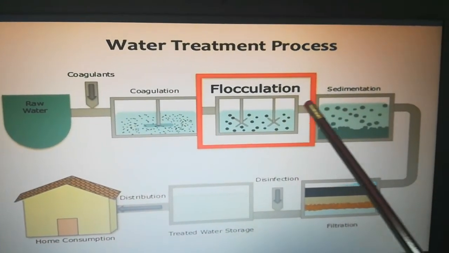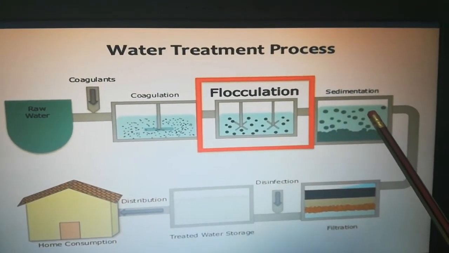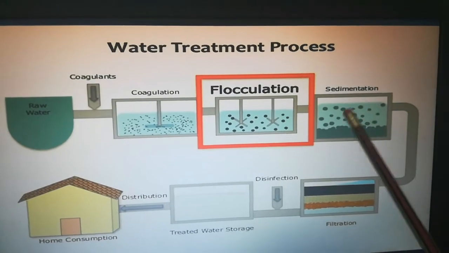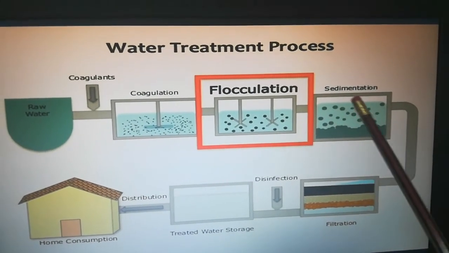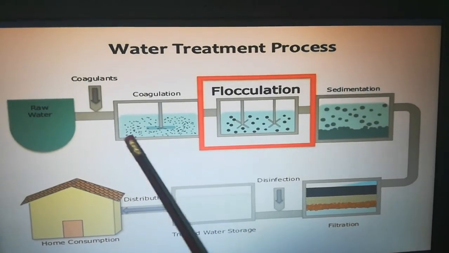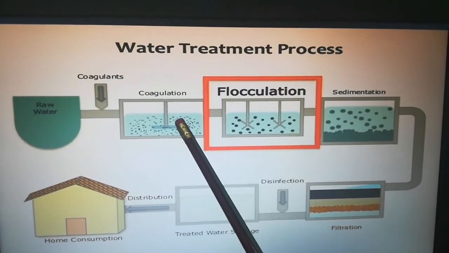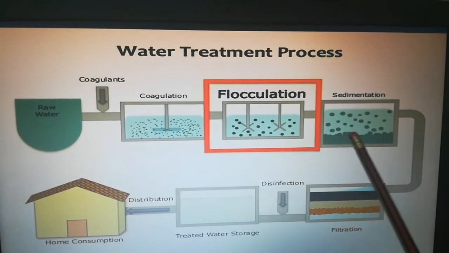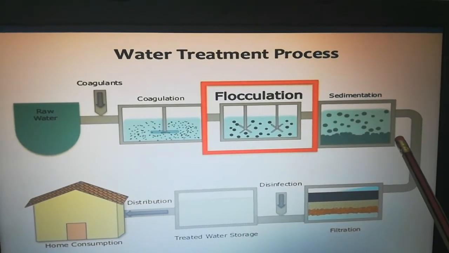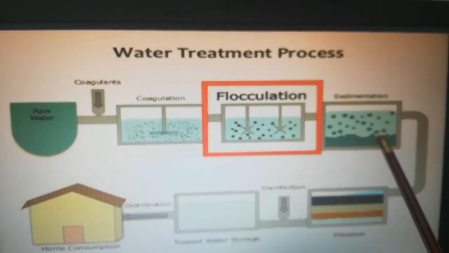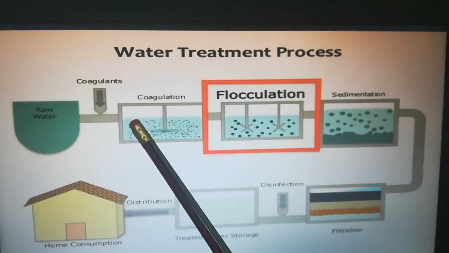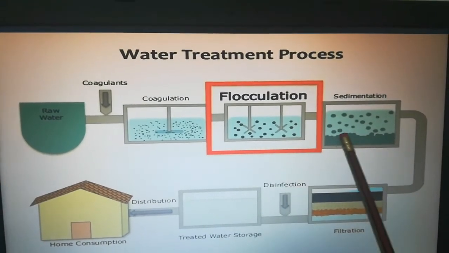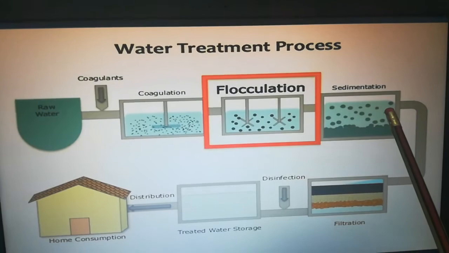After this, the water is passed into the sedimentation tank. In the sedimentation tank, what will happen? Here, the sedimentation tank removes all the solid particles, such as silt, which is carried from the reservoir and the coagulation tanks. It allows the settlement of all the suspended particles carried from the reservoir. Here the chemicals like coagulants were added, and all the solid particles will settle down in the sedimentation tank.